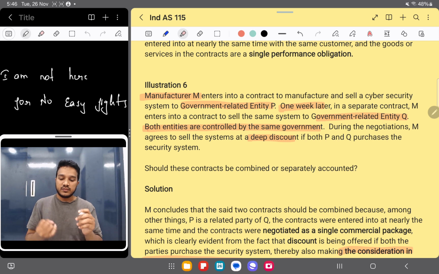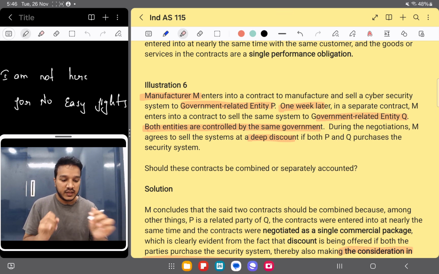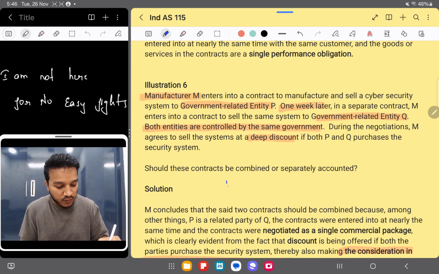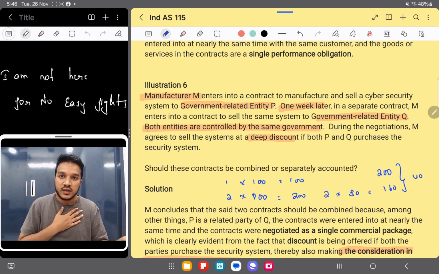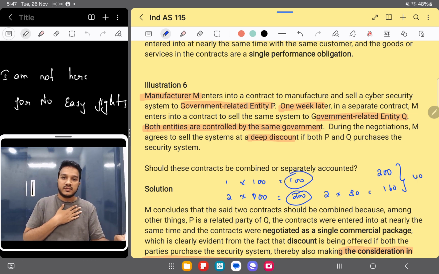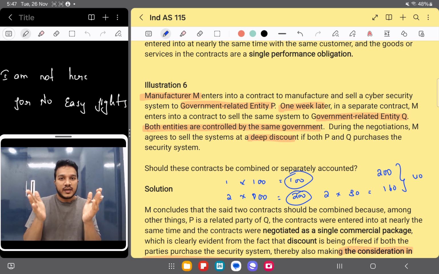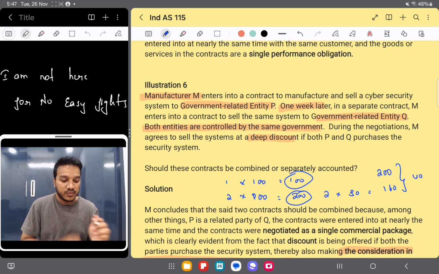Now, for example, I went to purchase one product. He is ready to sell me at 100. One product is 100 rupees. Ideally, for two products, how much should it be? It should become 200. But he's saying, if I purchase two products, he'll give me at 80 rupees each. That is 160. So from 200 to 160, there is 40 rupees I'm getting as discount. Now, the price of this one product is also dependent on the price of the other contract. You understood? So they both are related. In that case, both contracts should be combined into a single contract. I hope you understood this point.